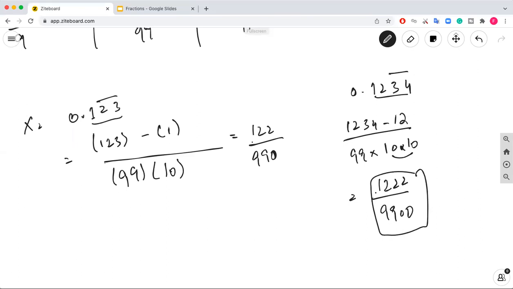Now in the exam, you will hardly get such an easy question in which you are directly asked to convert this decimal into a fraction. Just to give you an idea